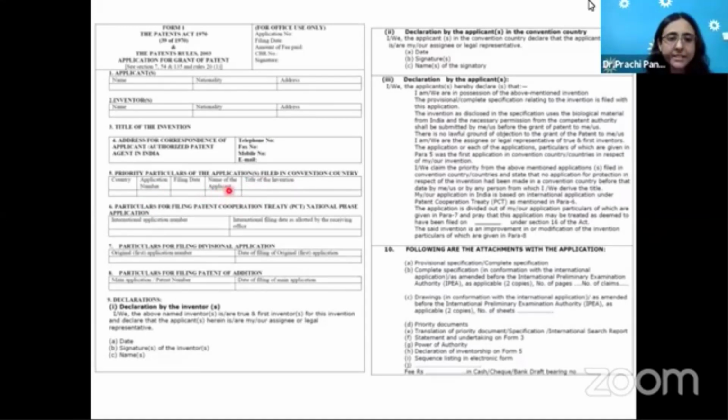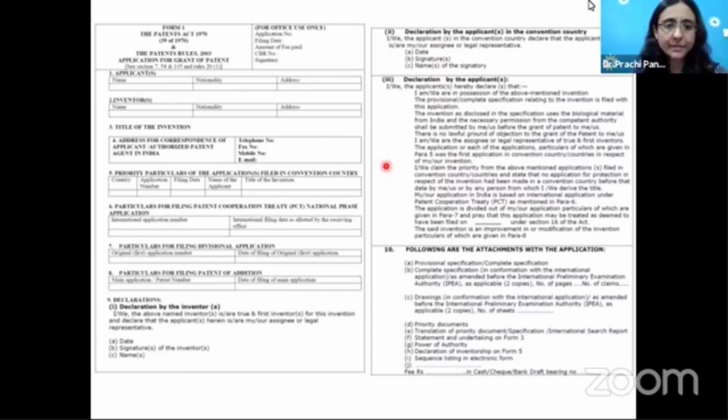If you are going through the PCT route, you have to write down the international application number, because whenever you file a PCT application, it becomes an international application. You can file it in India, or you can go to the WIPO patent office also. Then you will have the international application number, which starts from WO, and the PCT word is there. Then you have to fill the international filing date. If you are going through this option, you have to fill this. Otherwise, you have to write here not applicable.